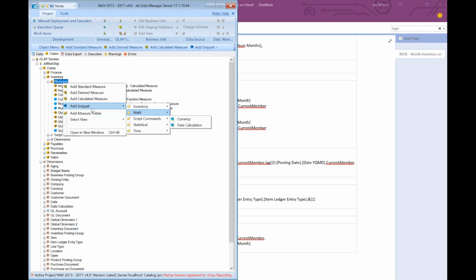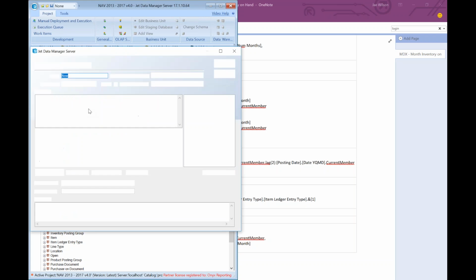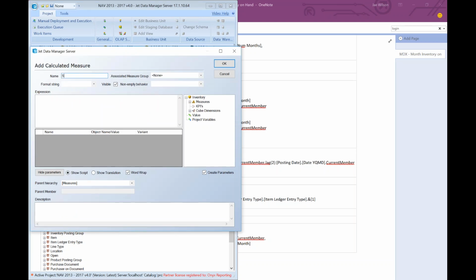In order to see the snippets, or in order to see the business functions, you will have to have imported the library in advance. If you haven't done that, I've done a tutorial on how to do that. It's online at the Jet Reports knowledge base. Just let me know. I can send you a link to an article or a tutorial video that shows you how to do it. In any event, I'm going to show you how to add sales quantity